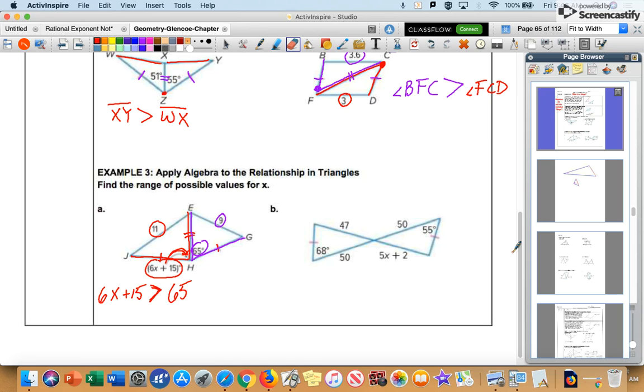Right? So let's solve for x in that case. Just like an equation, we can solve an inequality by undoing both sides of the inequality and bringing down what's left. We have 6x is greater than 50. And then undoing our multiplication of 6 times x by dividing both sides by 6, we get x is greater than, and this is going to be a little bit of a decimal or a fraction, 8.3